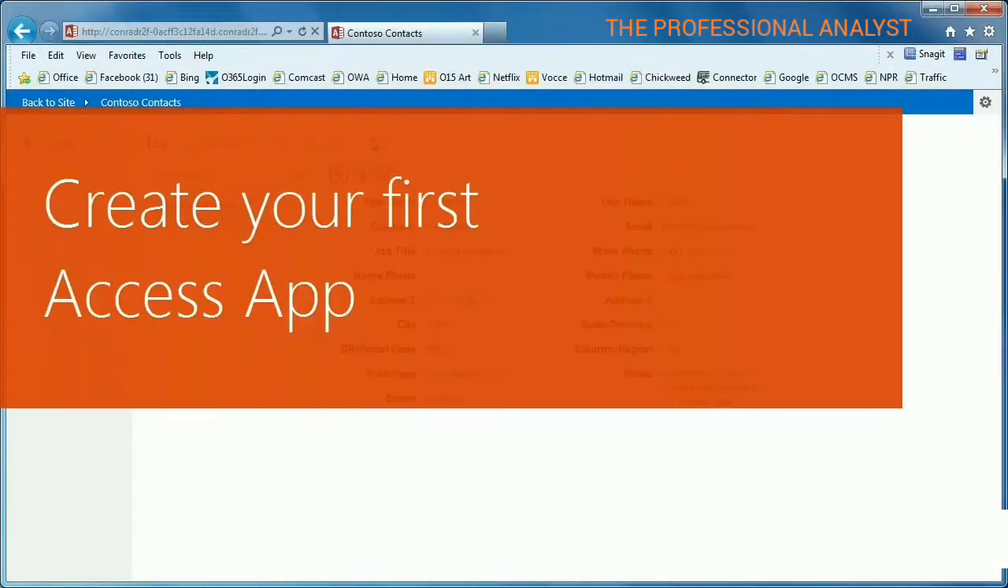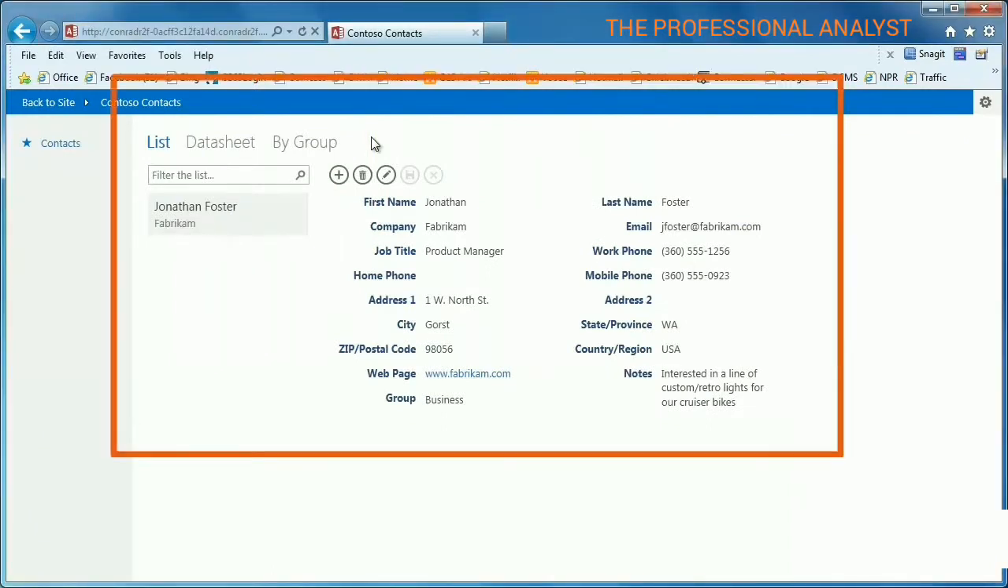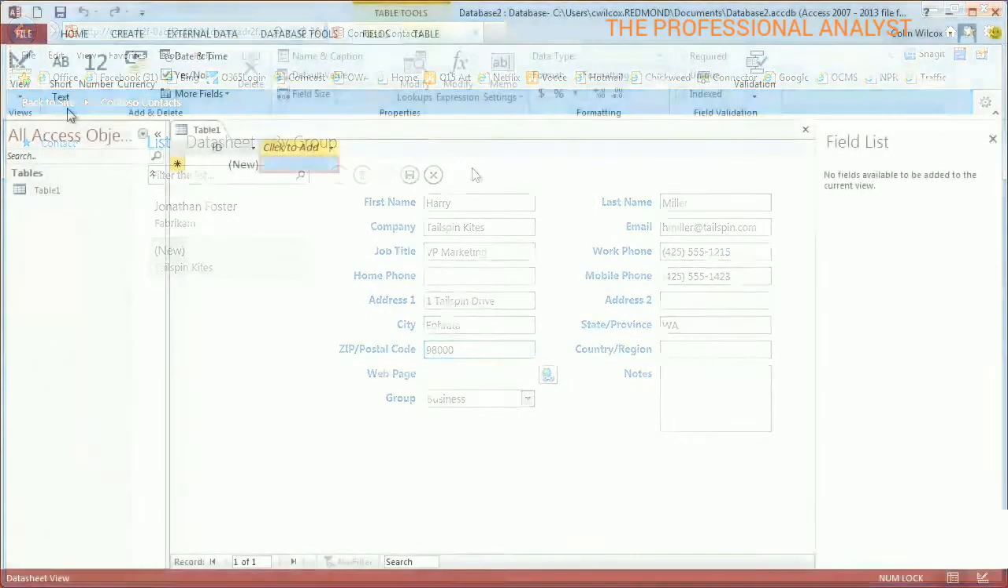When you need to let several people use a database at the same time, build an Access app. Access apps are web databases. They run in the cloud on most browsers, and people can use your database whenever they're connected to the internet or your corporate network. The easiest way to do that is to use a template, and you can select one